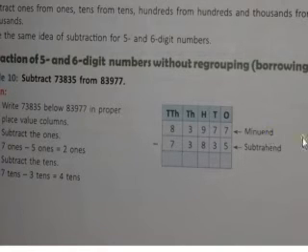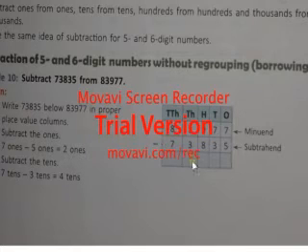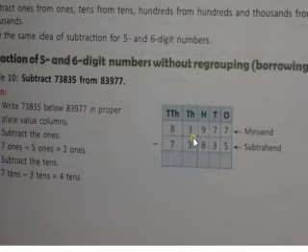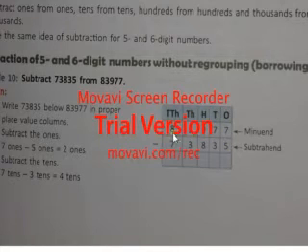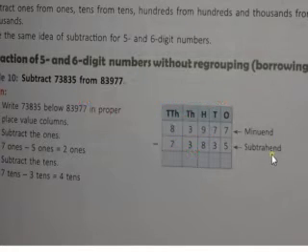So what has been done is that the numbers have been written according to the place value. Ones is in ones, tens is in tens, hundreds is in the hundreds place, thousands is in the thousands place, and ten thousands is in the ten thousands place. All are according to the place value. You can see the bigger number is the minuend and the smaller number is the subtrahend. So if you see, it has been explained stepwise over here.